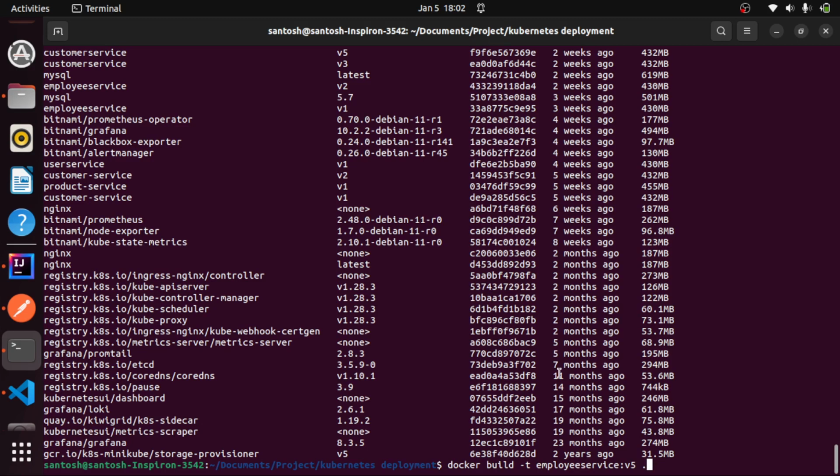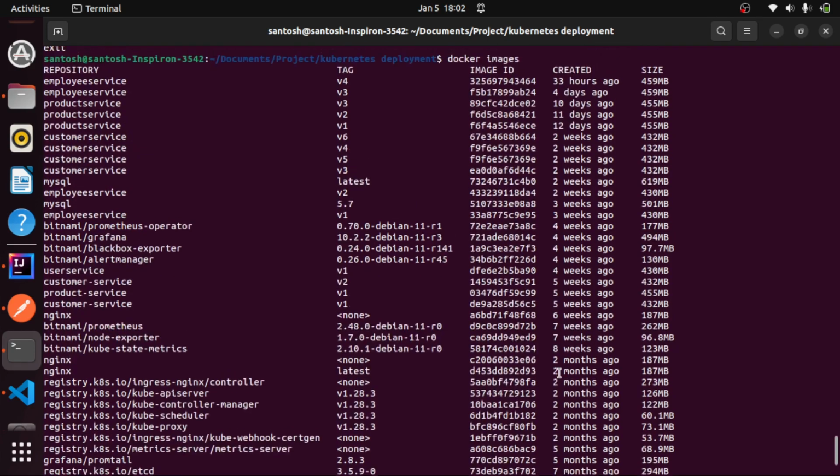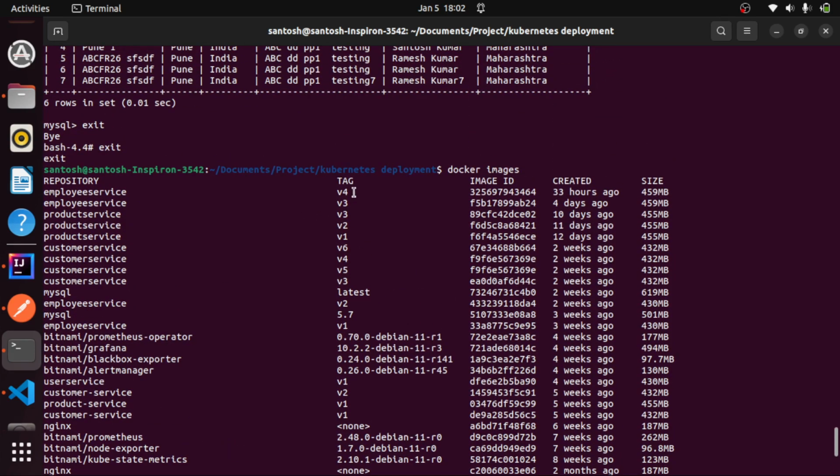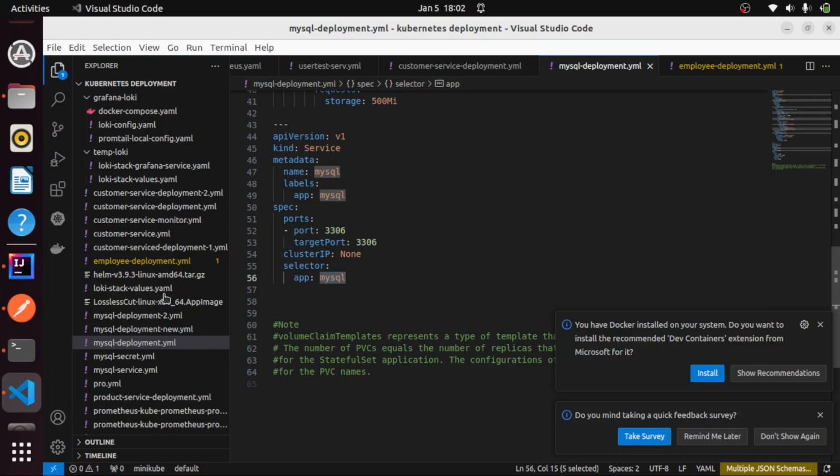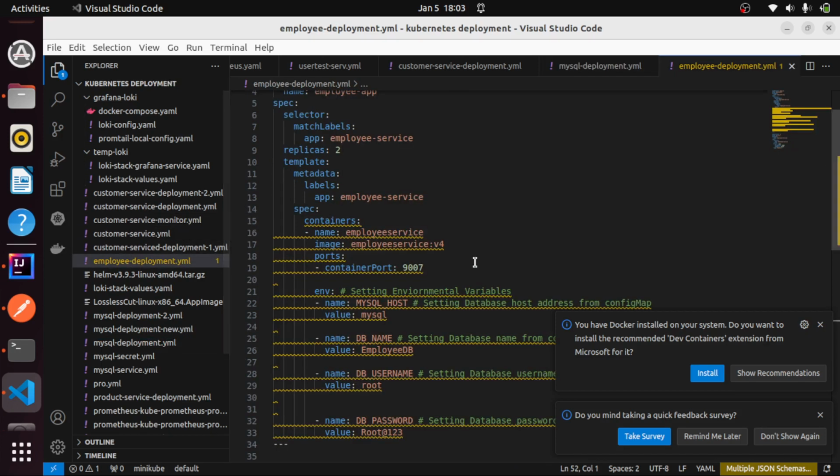By using this command we create the new image, with tag v5 instead of v4. Then we will have to change the employee service deployment, changing the version from v4 to v5,